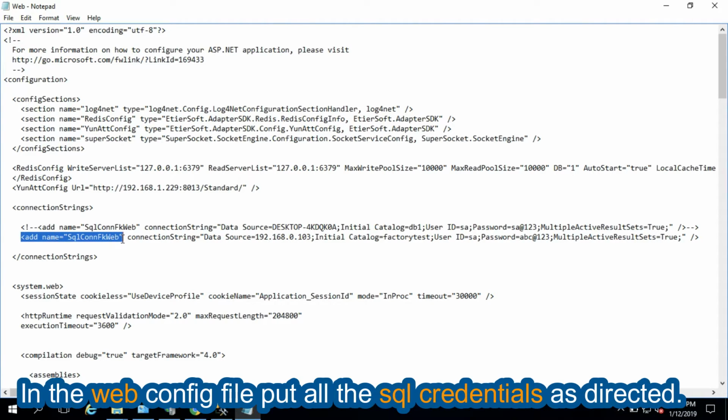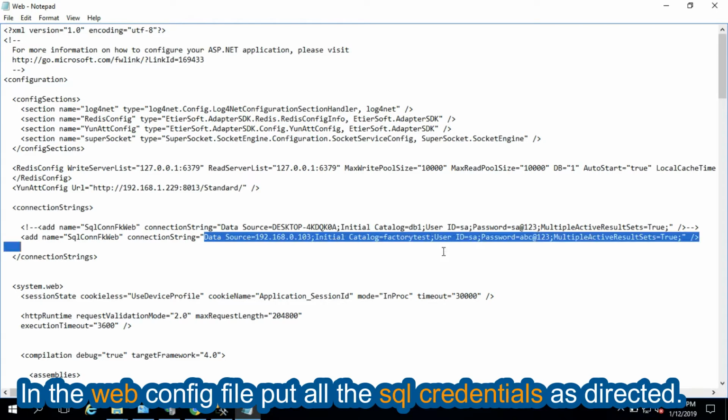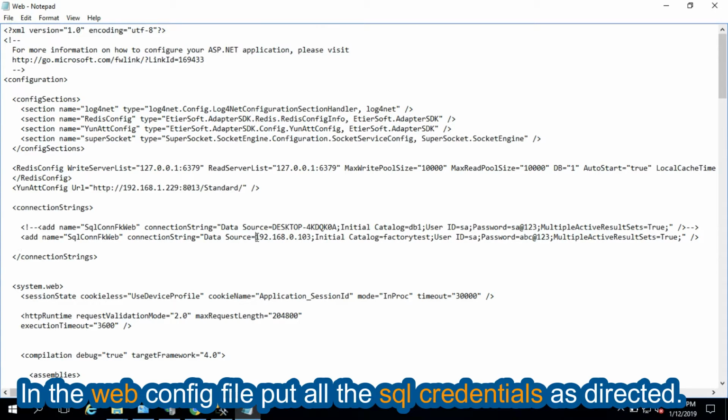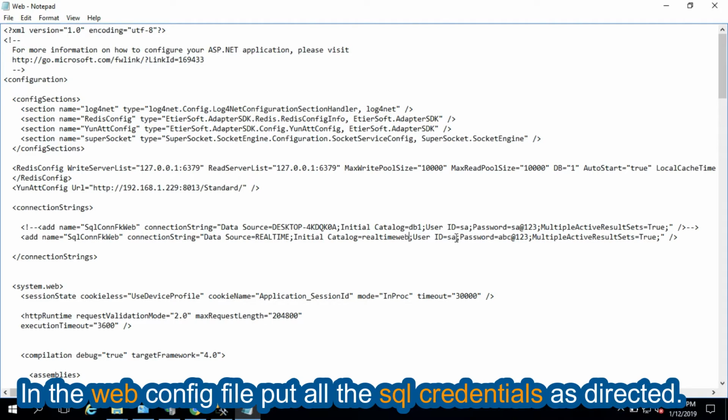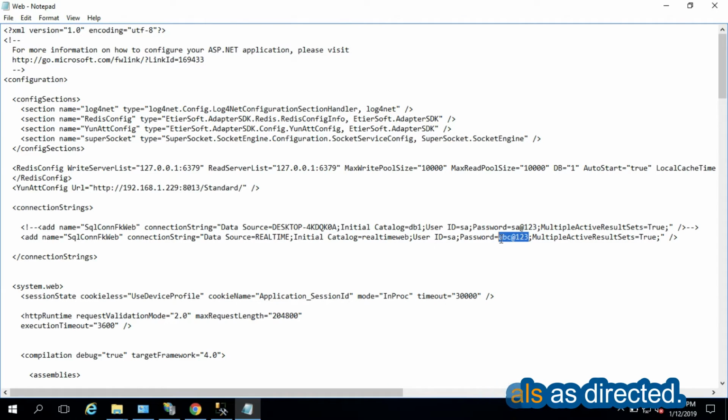add this name, not here, just here only, and from here our connection string begins. So data source will be the SQL Server name that we have already copied. Initial catalog will be the database name, that is Realtime Web. From here you can see that is Realtime Web. Username is the default, this one. Password, while installing the SQL Server I have given this password, that is abc@123. So just make it